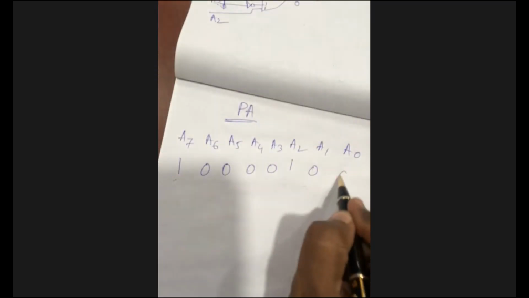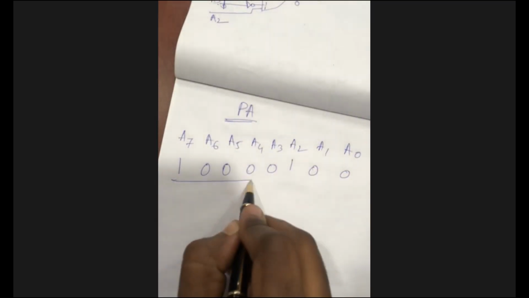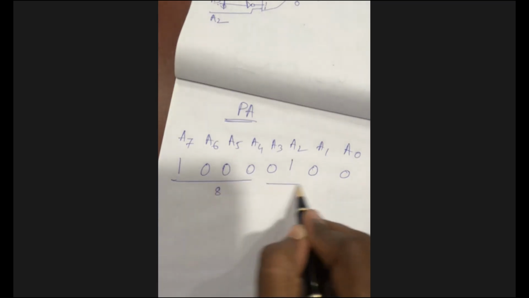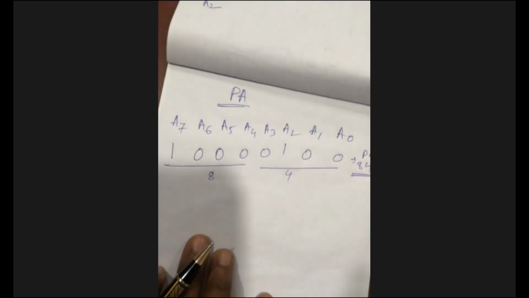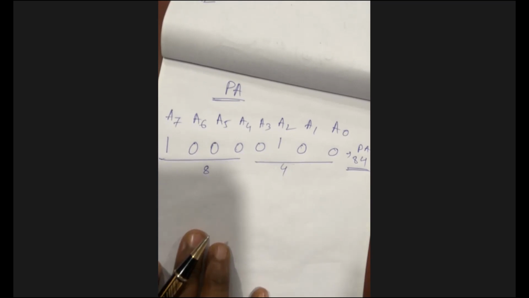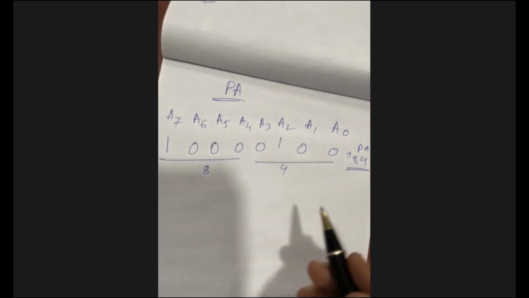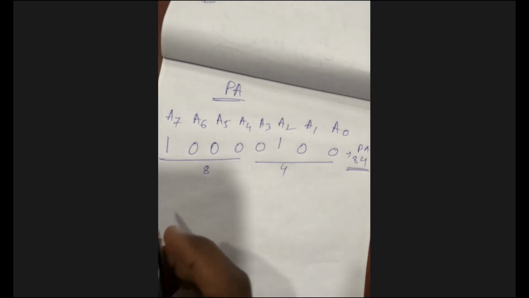0 0. So what will be the value? It's an 8, it's a 4. The address of port A is 84. Okay. Yes, sir. Next is